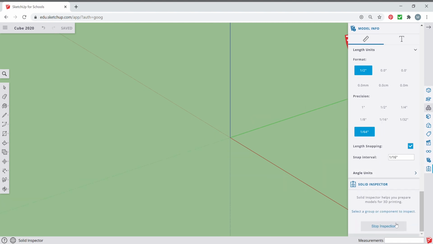And then we have the solid inspector. So we aren't preparing any of our drawings for 3D printing, but if we were, it would inspect it. So we're going to go right over to this little guy right here, the pencil, the straight pencil,